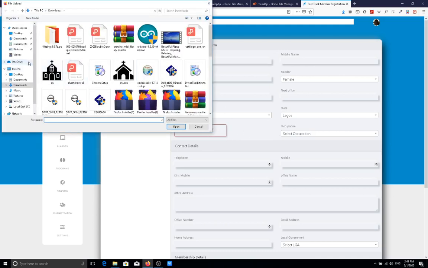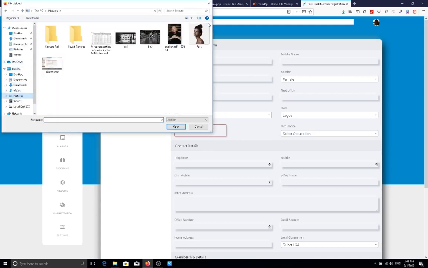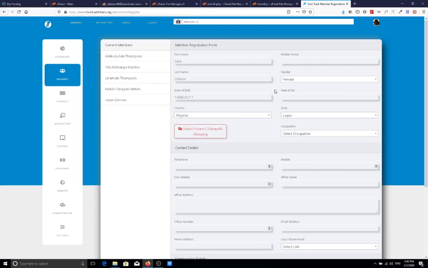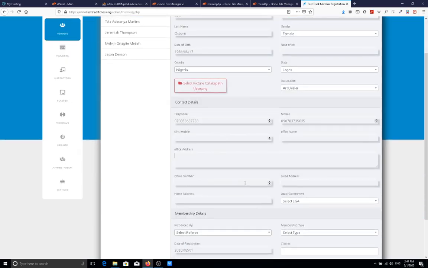Select picture. My pictures. Yeah, this lovely lady. So we'll select a picture. Occupation. Let's say art dealer. Yes, that's there. Art dealer. Telephone number 0708. Mobile telephone number also. Office address optional. Office number optional. Email address, I would go ahead and choose my email,